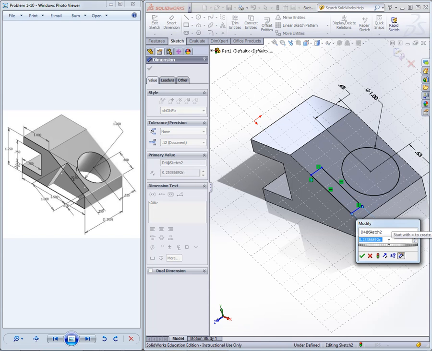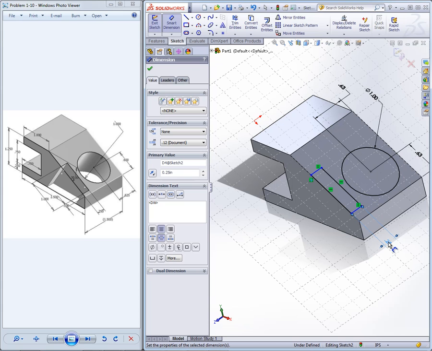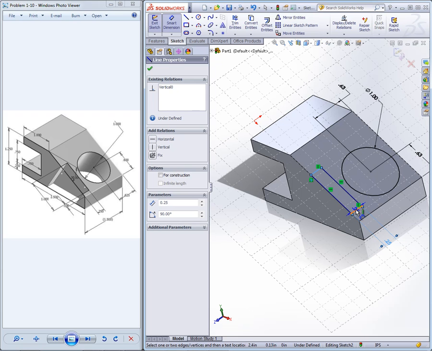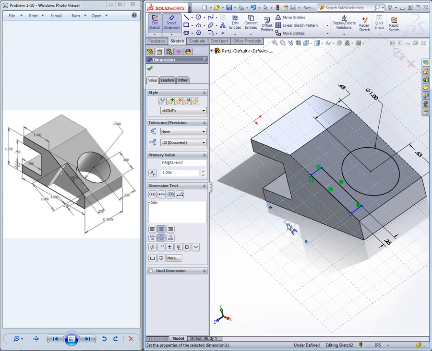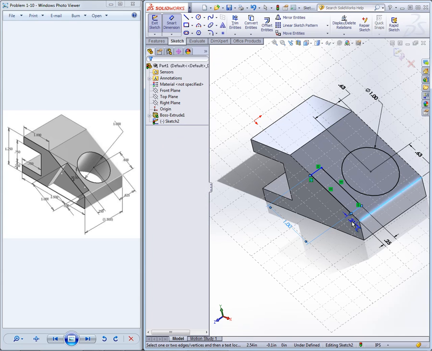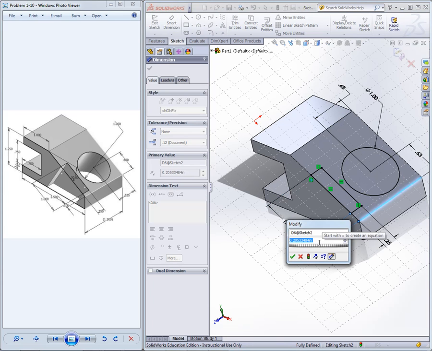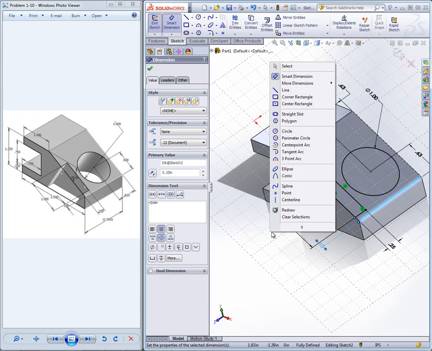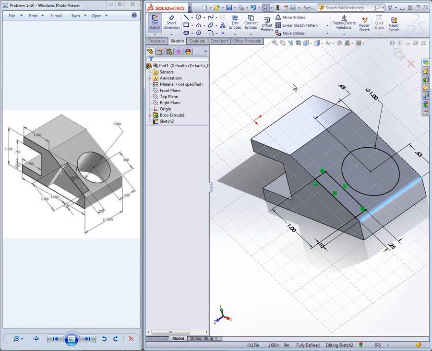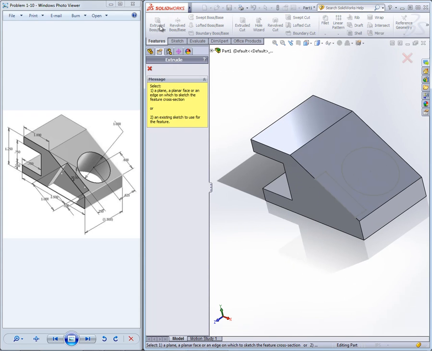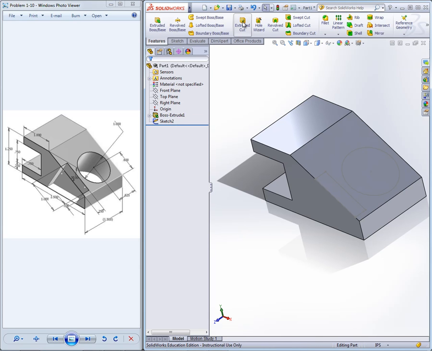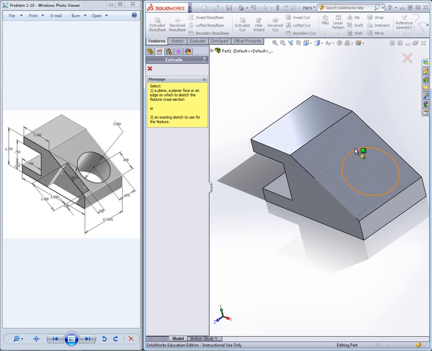now left click on 0.25, and then we'll enter a 1 for the length of this slot. And then we'll enter 0.1 for its location from the bottom. Then we'll right click, left click on select, right click again, exit sketch. We'll left click on extrude. Oops, we're going to left click on extruded cut. So we'll left click on extruded cut, move our cursor to